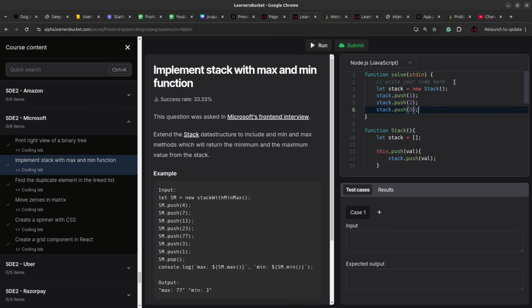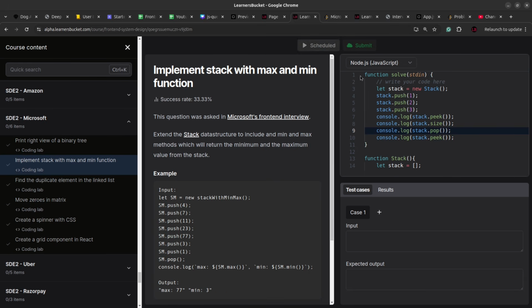Then console log stack dot peek, and then its size, and then let's remove the last element, and then again peek and check what's the element after removing the last element from the stack. So now if I run this,